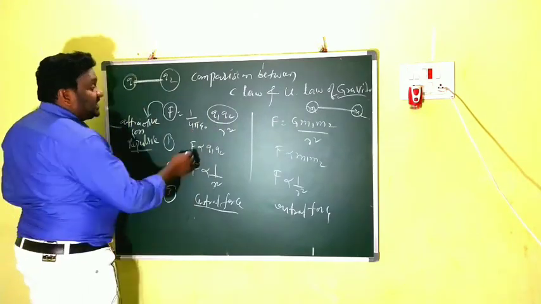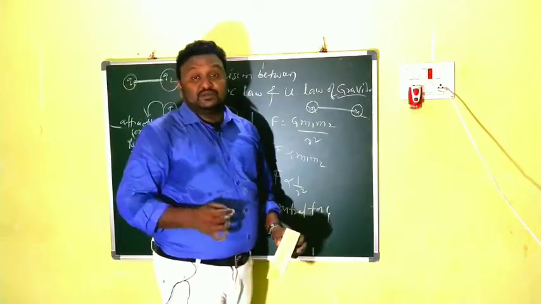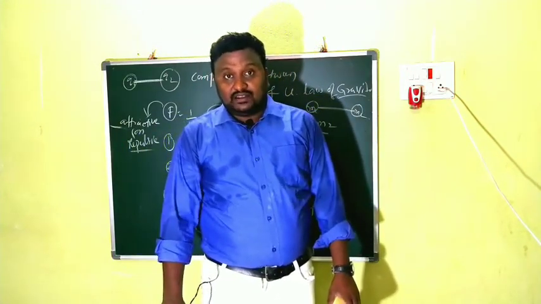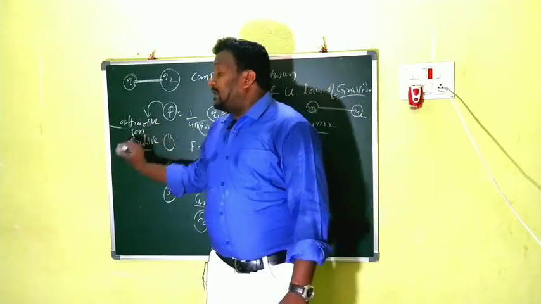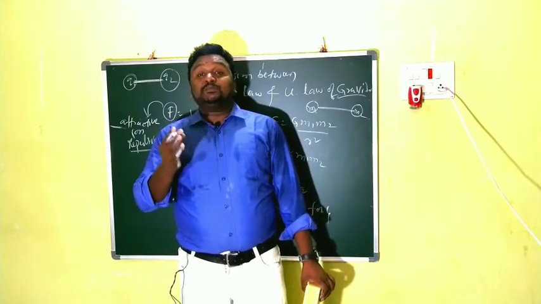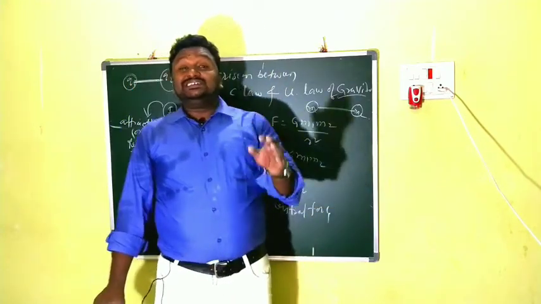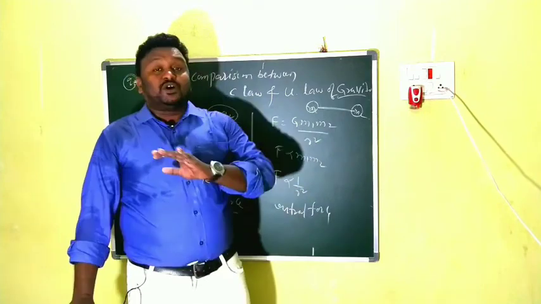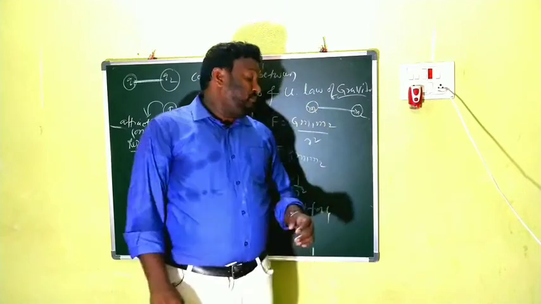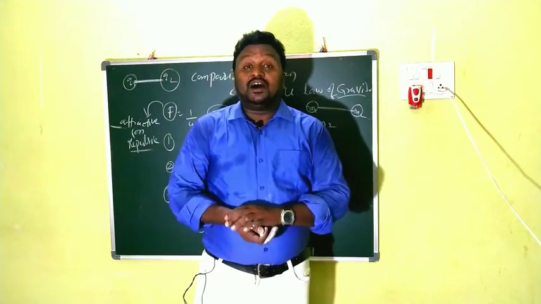And now here in this case, I told you what is epsilon naught. Permittivity in free space. If the medium changes, the epsilon value changes. Clear? That means the force F depends upon the nature of the medium. So the electrostatic force depends upon the nature of the medium. But in universal law of gravitation, it is independent of the medium, because capital G is a constant. It is the same everywhere. So these are the differences between Coulomb's law and the universal law of gravitation. Children, I hope you understand.